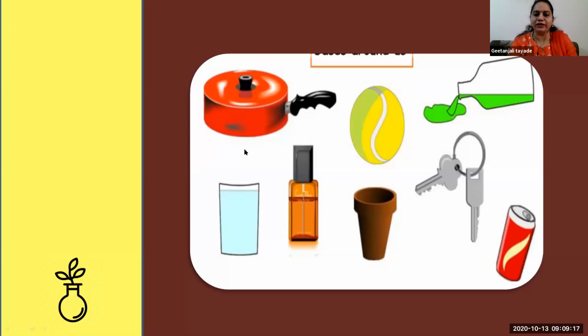So can you identify what these substances or objects are made up of? First one. This first one is made of iron. Okay, it is made up of iron. Done. Second one. This substance is made of glass. Glass, very good. But how did you find that the first is made from iron and the second one is from a glass?